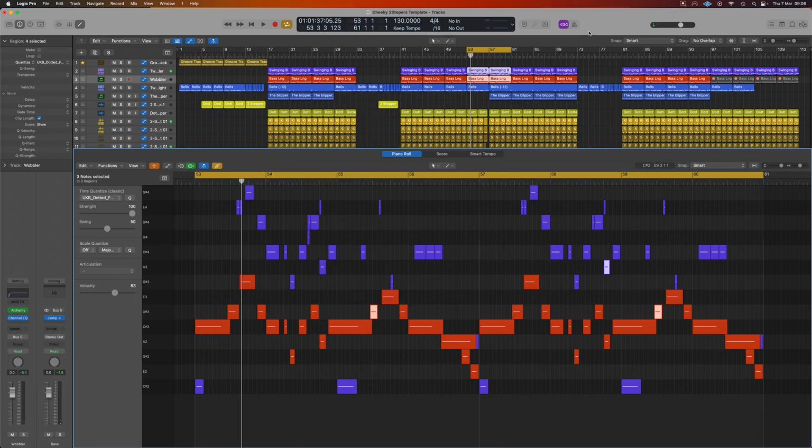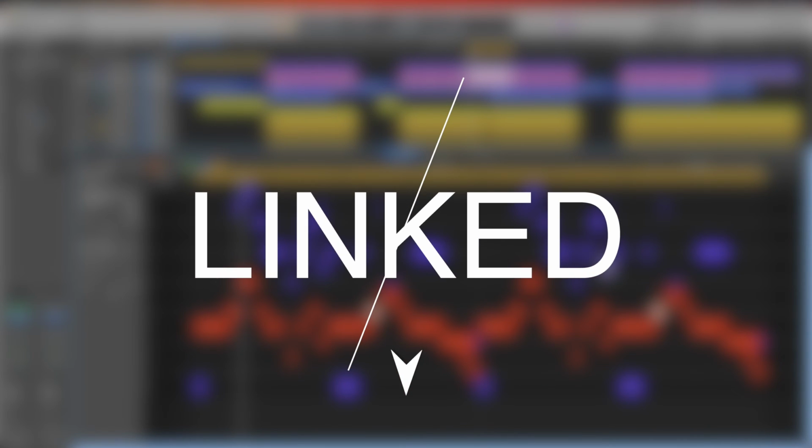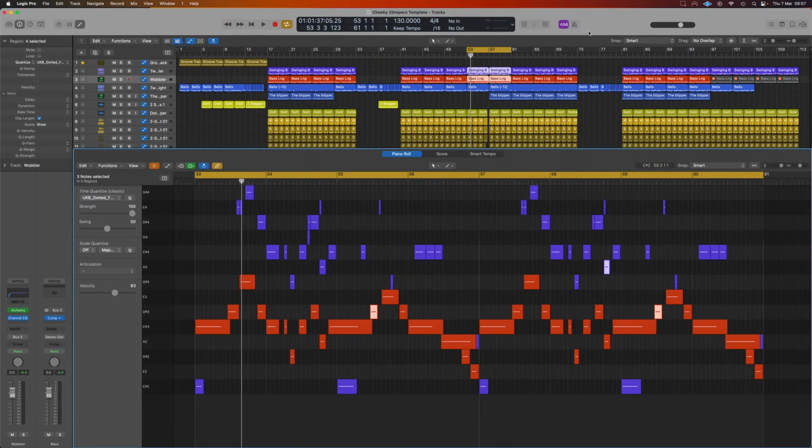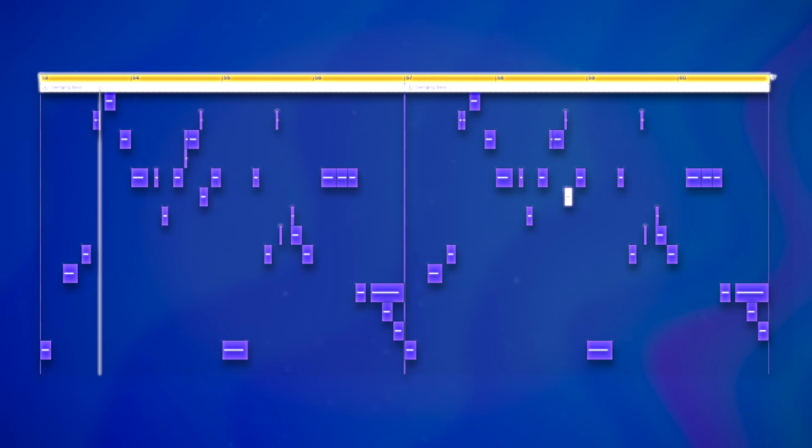Alright, so welcome to part 2 of this UKG building this cheeky two-stepper template, and this time we're looking at the bassline, or basslines technically, which is why I've coloured the two differently so you can see what's going on with each. And I just want to go over why these work together the way they do, so you understand what we're looking at here. If we take the purple bassline, which is purely this guy right here,